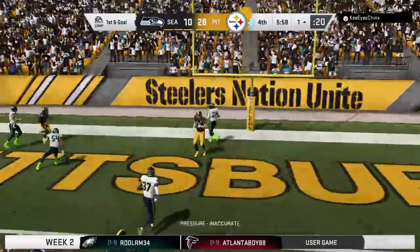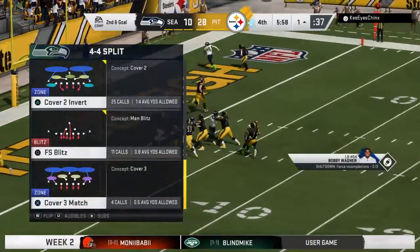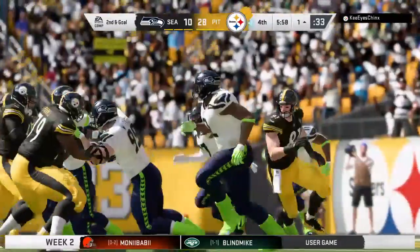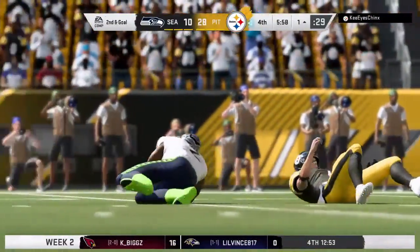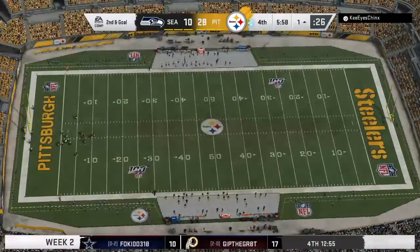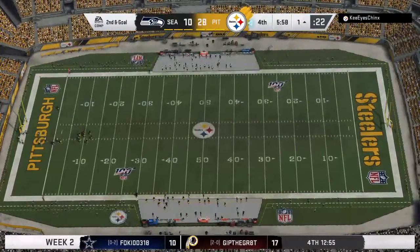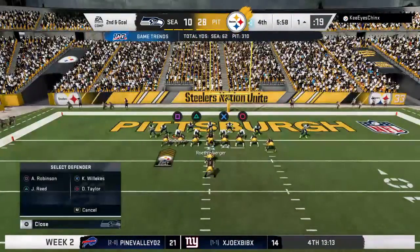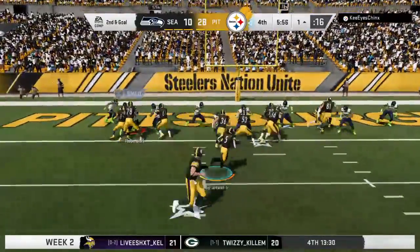Roethlisberger will throw. Looking end zone, but it's incomplete. Vance McDonald, the tight end, was the target, but it'll be second and goal. The incompletion there stops the clock. Any surprise they're throwing here late? Ordinarily, yes, because you would think enough is enough. They've got plenty of lead, but I've seen this a bunch of times as well. The defense is going to crowd the line of scrimmage. If you just hand it off inside, you're getting your running back popped a lot as well. Sometimes the defense dictates it. If they're going to crowd it, you may have no other choice but to...